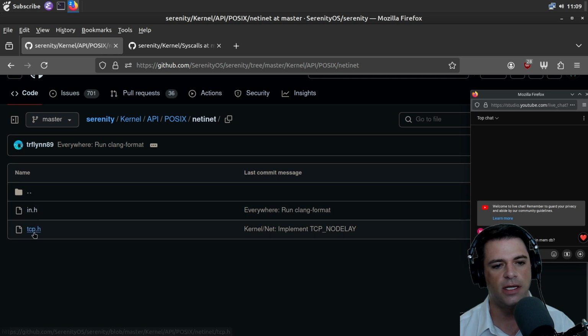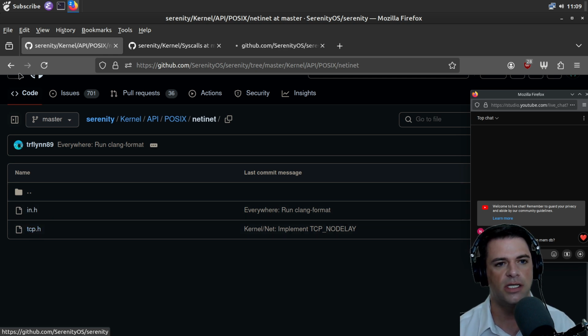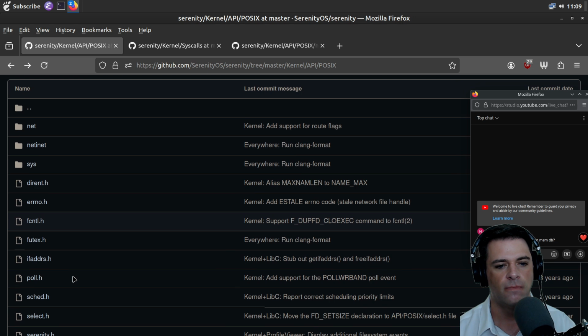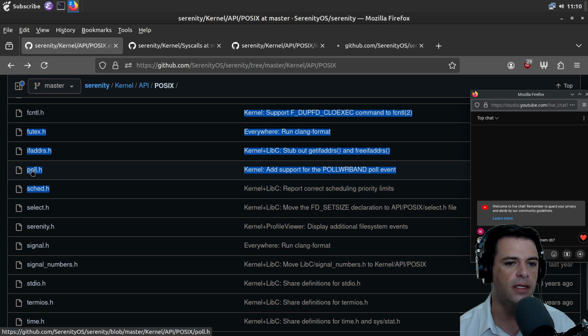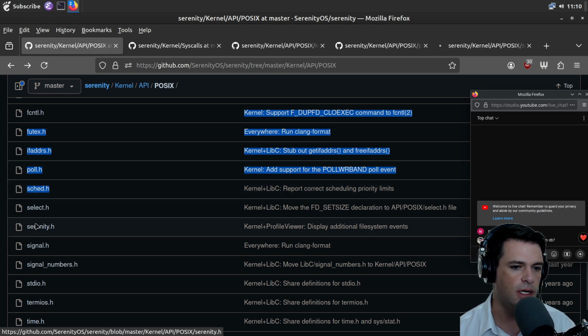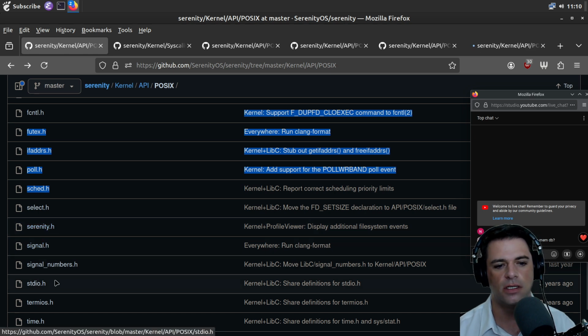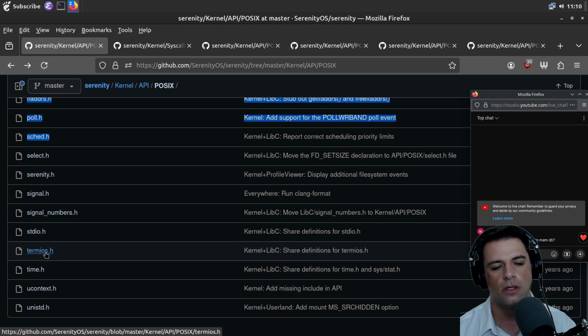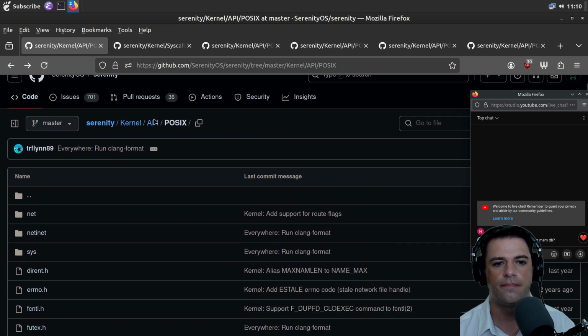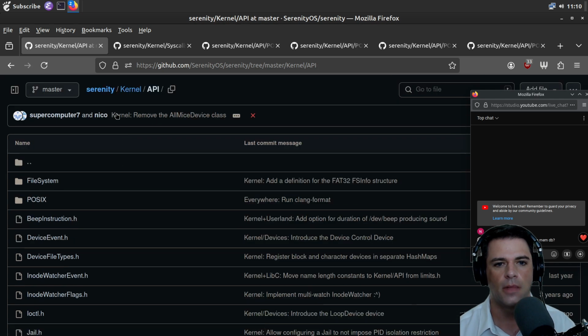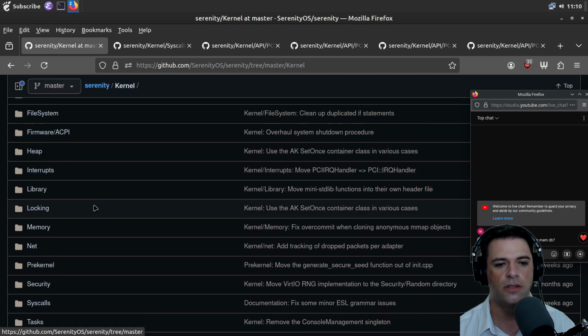This is like TCP. Look at the TCP header. We have a few texts, some support for polling, a scheduler, I assume, some Serenity header, signal, standard IO, time, uContext, etc. So maybe API means headers.